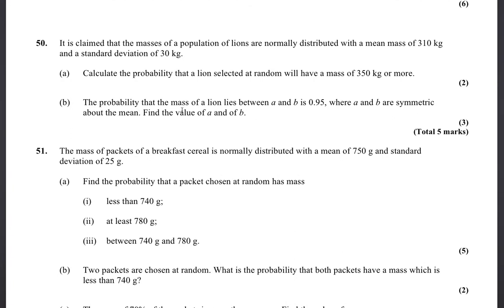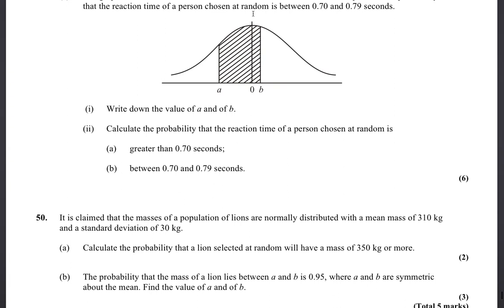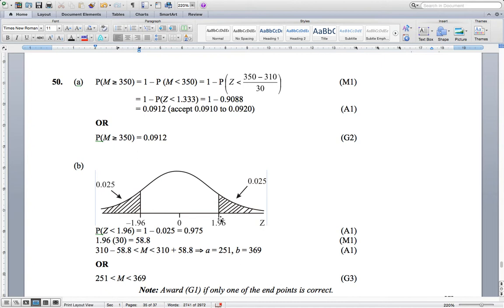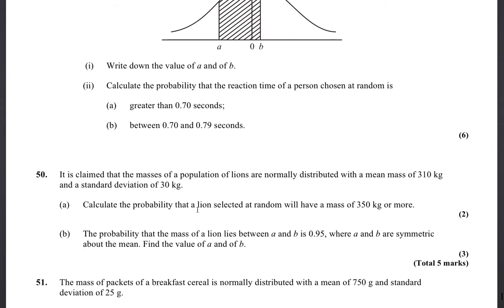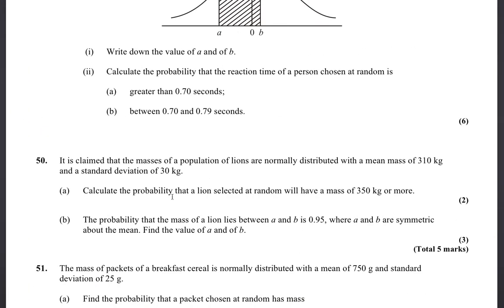The probability that the mass of a lion lies between A and B is 0.95, where A and B are symmetric about the mean. So find the value of A and B. Okay, so let's say this is the mean, then A and B will be equidistant from the mean. I showed you here, this is A and B. They are equidistant from the mean. So how do I find the value of A and of B? Very simple. I know the area now. I need to find the